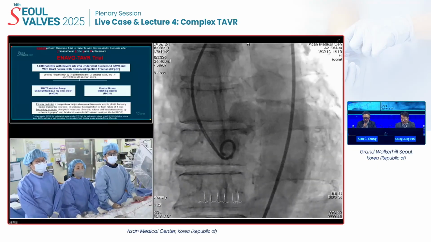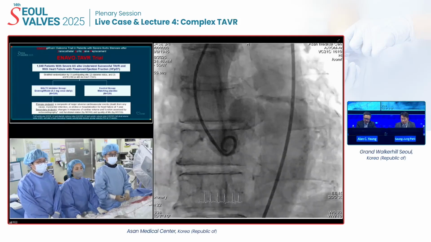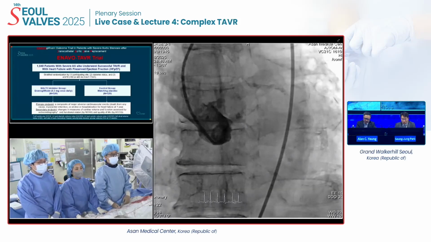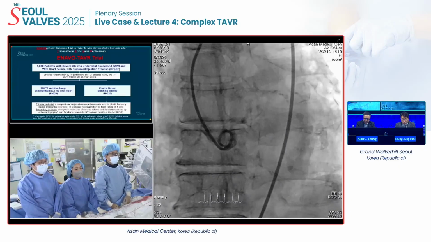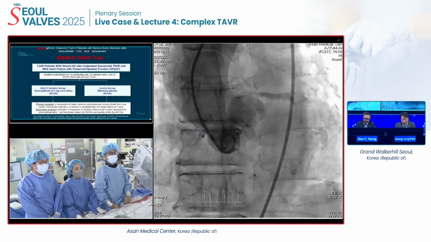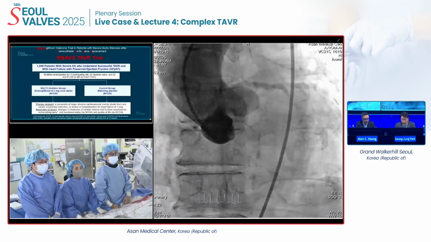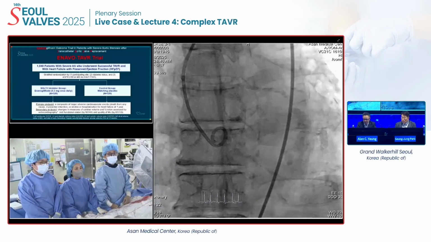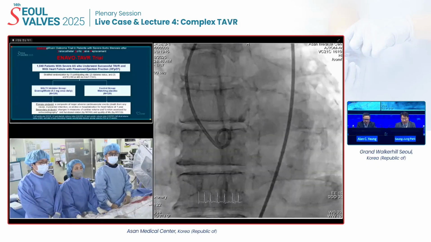Any comments about which valve to use? This is pretty calcified, but I think a SAPIEN valve would be relatively straightforward with predilatation. The question is how much to oversize, given the calcium and the age of 80. Any comment from the panelists? How would you approach this predilatation? I know most of the time we don't have to, but